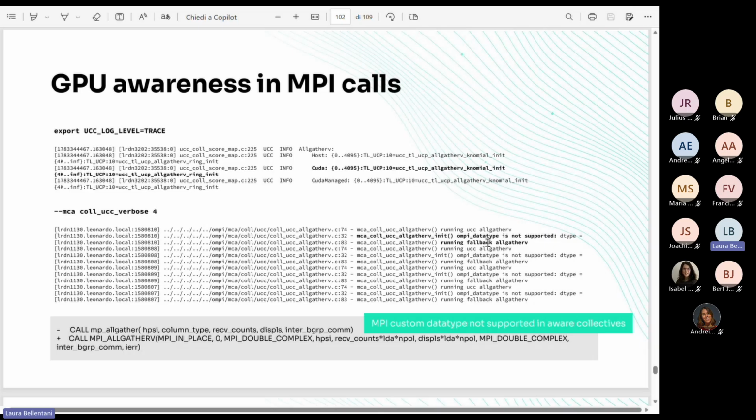And then there was a fallback Allgatherv, which was actually used. So it was not using the aware implementation because of the MPI custom data type.